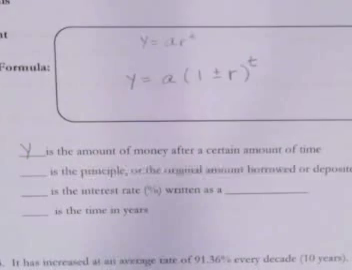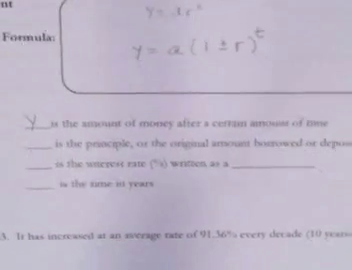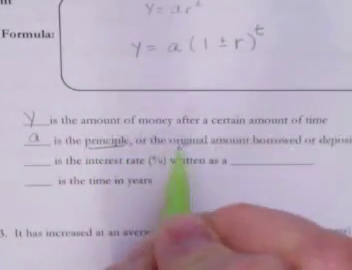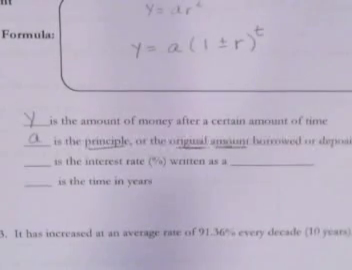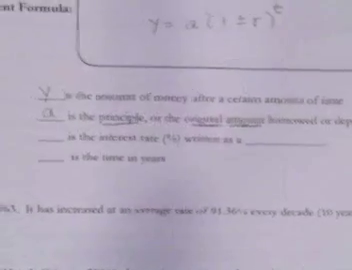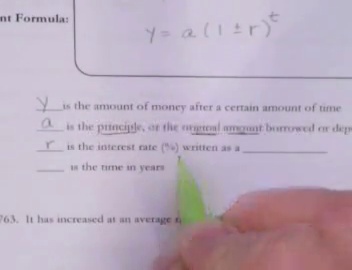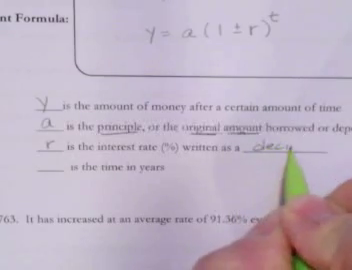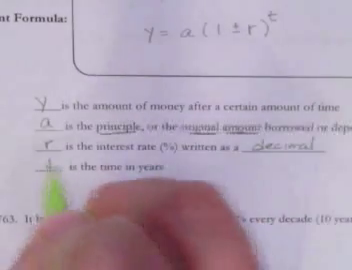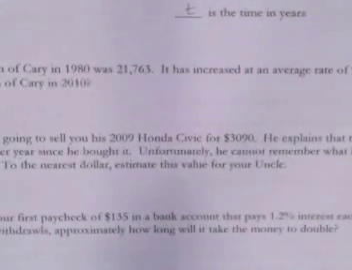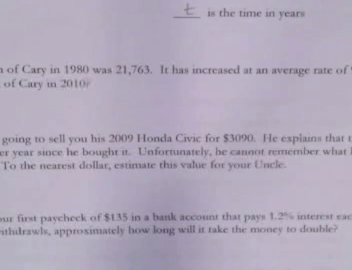Y, for example, could be the amount of money after a certain amount of time. A is the principal. It's still the beginning amount. So you'll notice it says the original amount that we borrowed or deposited. The interest rate is R, and it's a percent, but it's written as a decimal. And T is our number of years that we're using for the modeling situation. So let's work a handful of problems and see how this revised formula for exponential growth and decay